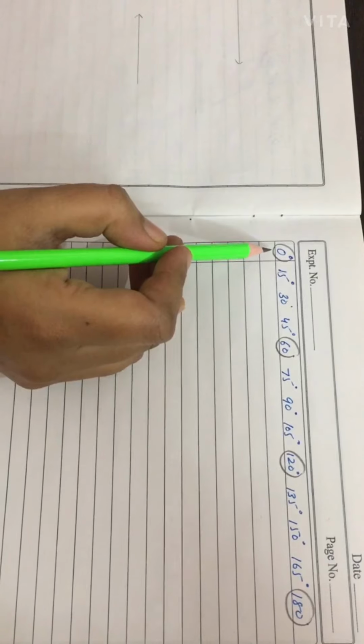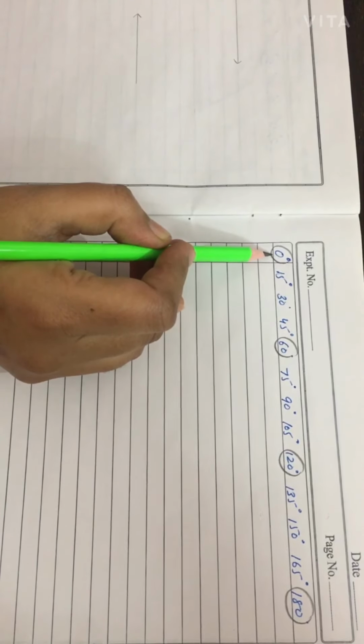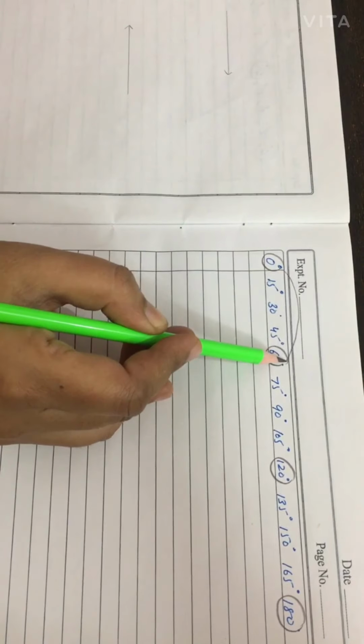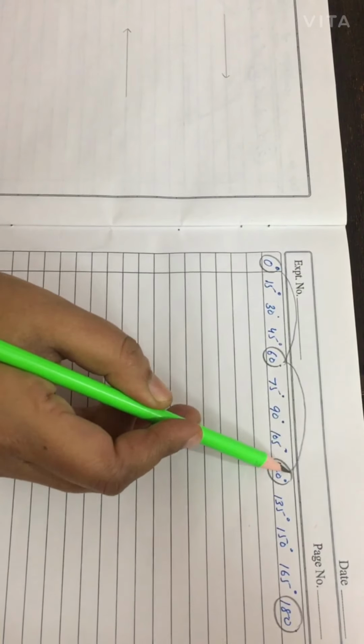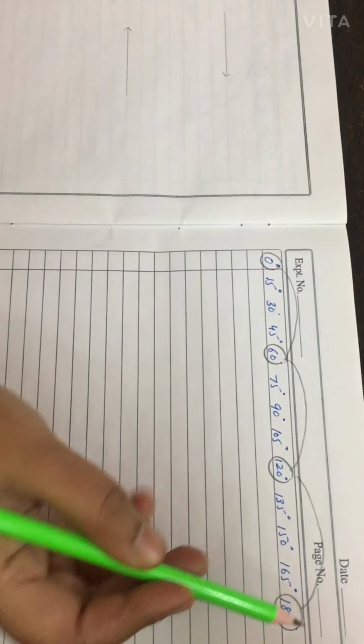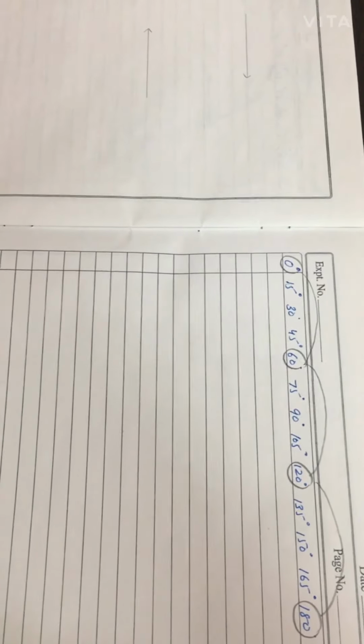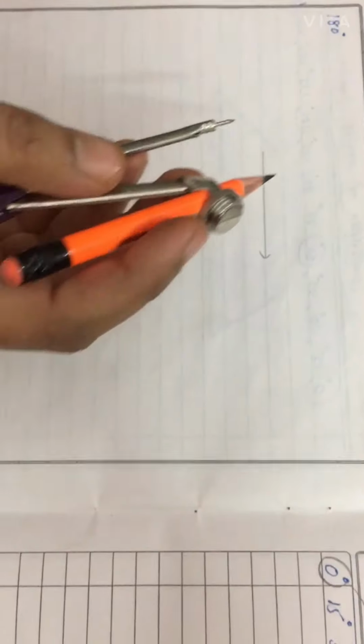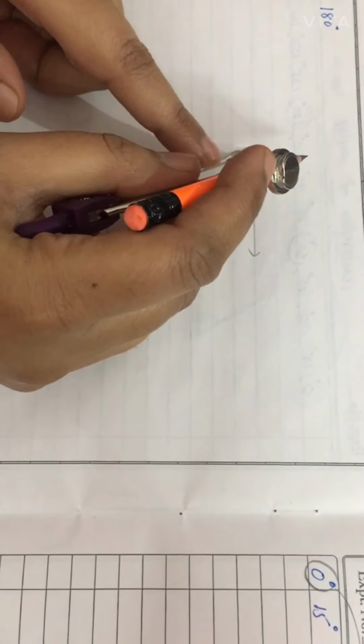So we have learnt the initial line, we have the 0 degree, and then we learned how to construct the 60 and the gap is of 60. Then 60 plus 60 is 120. Then 120 plus 60 is 180. So now we will construct the angle of 180 degree. So now we are constructing at the left point and this side we have the ray. As much as you want to open, remember once you have opened the compass, it will remain the same. You will not increase or decrease it. That's your wish, how much you want to open.